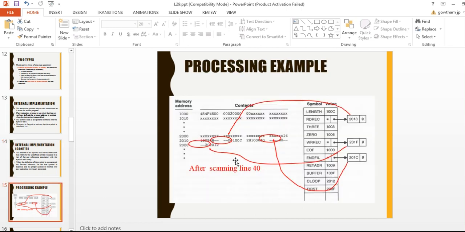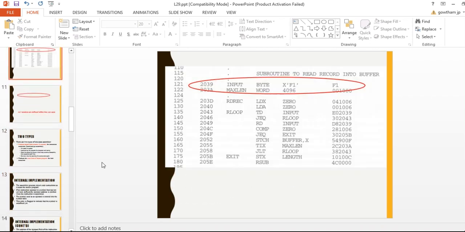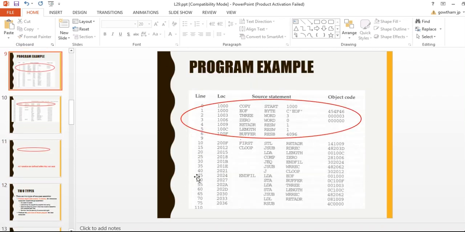So for example, this is the object code after scanning line number 40. The execution of line number 40 is finished. By this time, the return address is already defined, so it is known to the assembler.